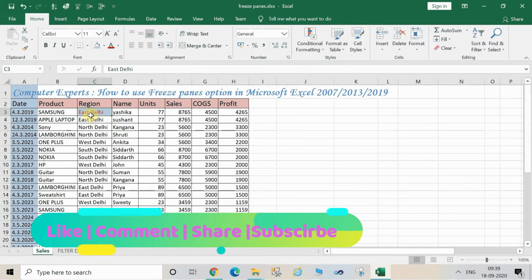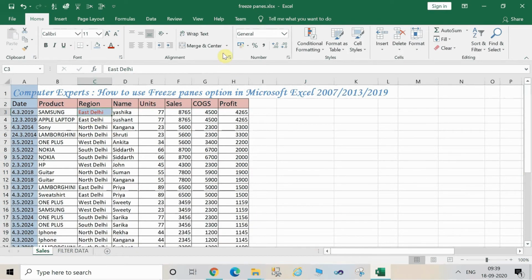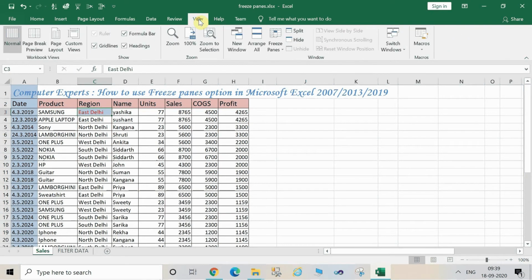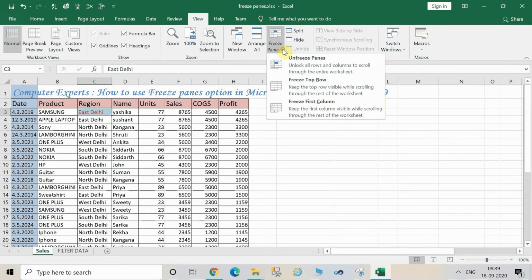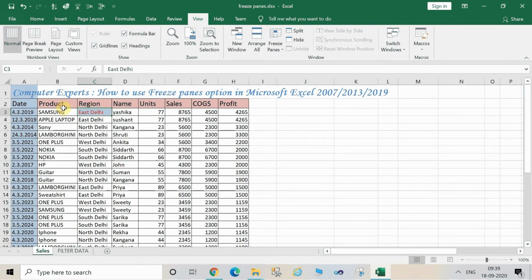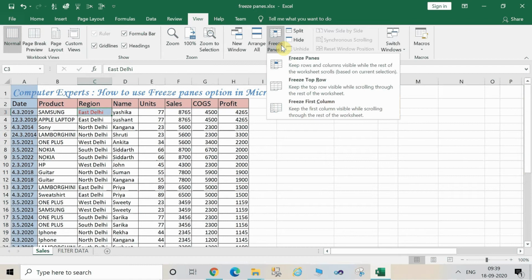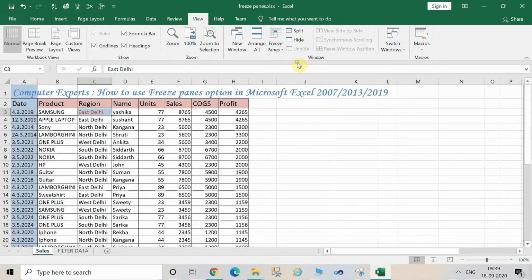Now I'm selecting this cell and using this freeze option. Click on unfreeze panes, whatever was selected will disappear, and then again you have to click on the freeze panes option and click on freeze panes.